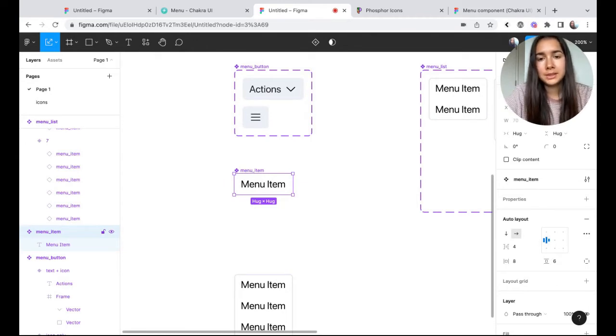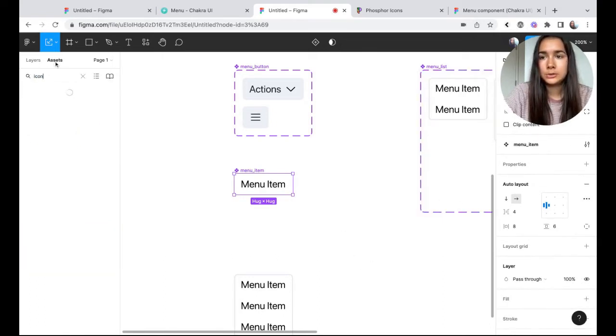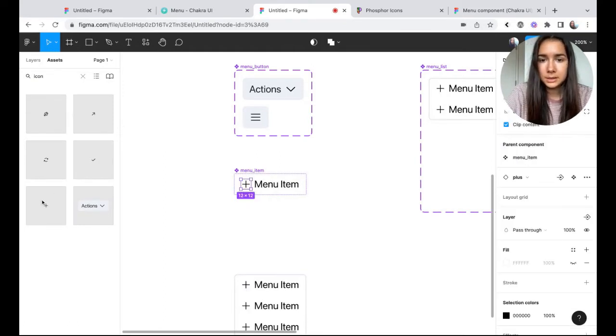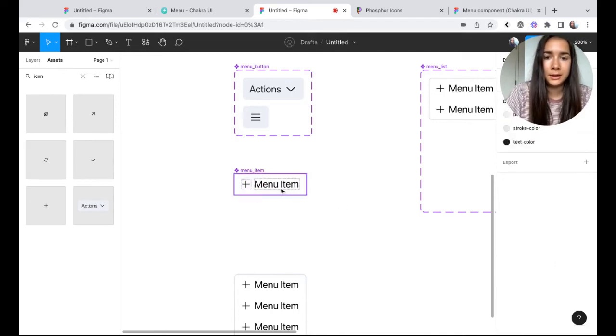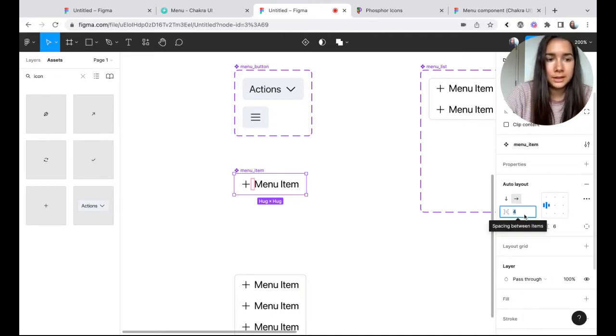And now this is actually where auto layout comes into play, because the first thing that we're going to do, we're going to choose an icon, let's say plus, and we'll just drop it here and it will neatly fall into place. So here I have it set to 4 pixel spacing between the items.